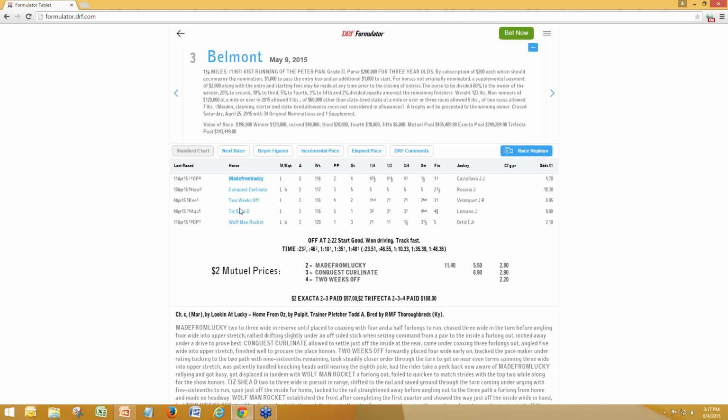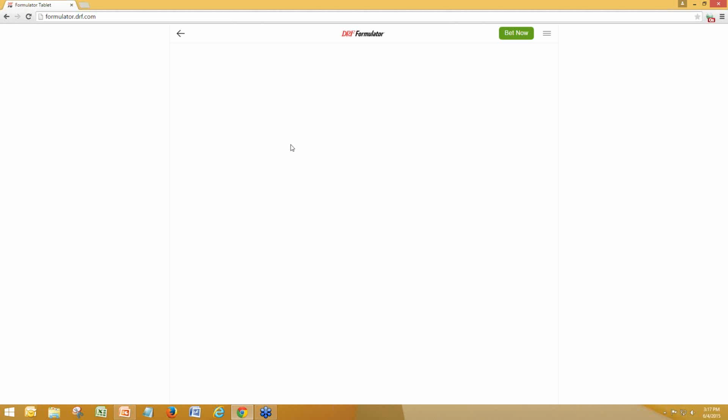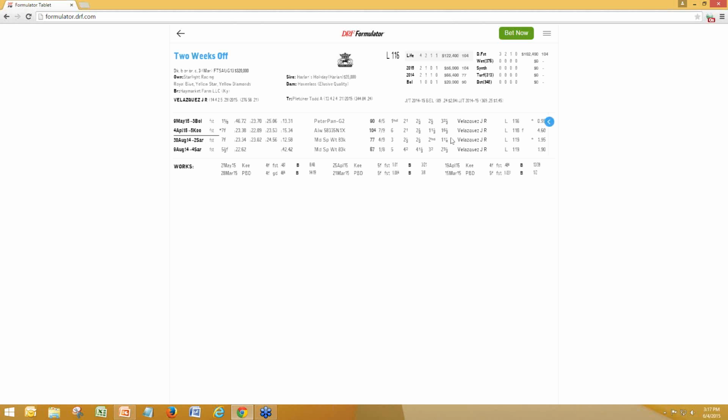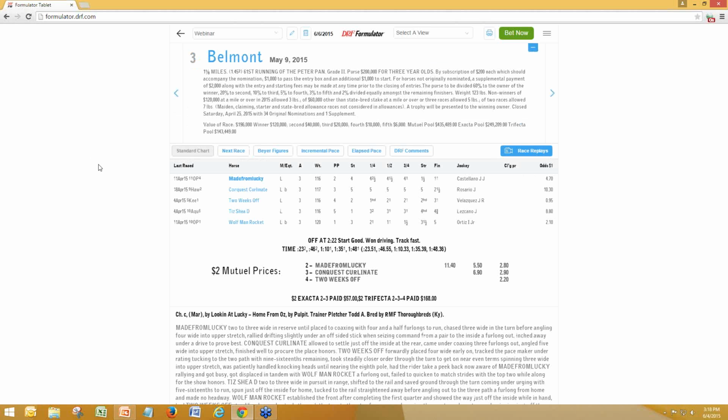Another thing you can do is look at a horse like this, two weeks off, stretching out to this 1 1/8 distance for the first time. You can see he looked fantastic winning at 7 furlongs at Saratoga last August, and then coming back off a long layoff and doing the same thing at Keeneland in an allowance race, earning a big figure. So knowing that maybe distance was not in his favor, especially considering that this horse is cutting back to the 7 furlong Woody Stevens on Saturday on the Belmont undercard, I think validates that thought